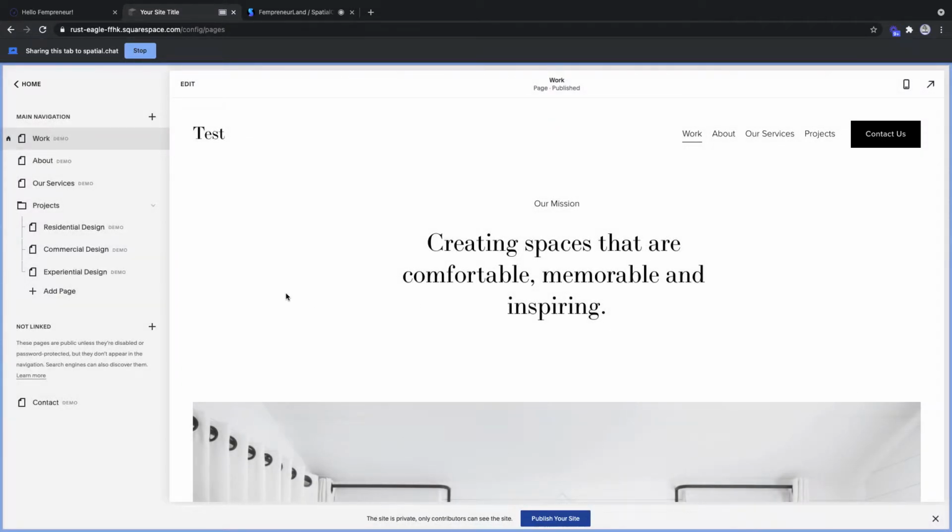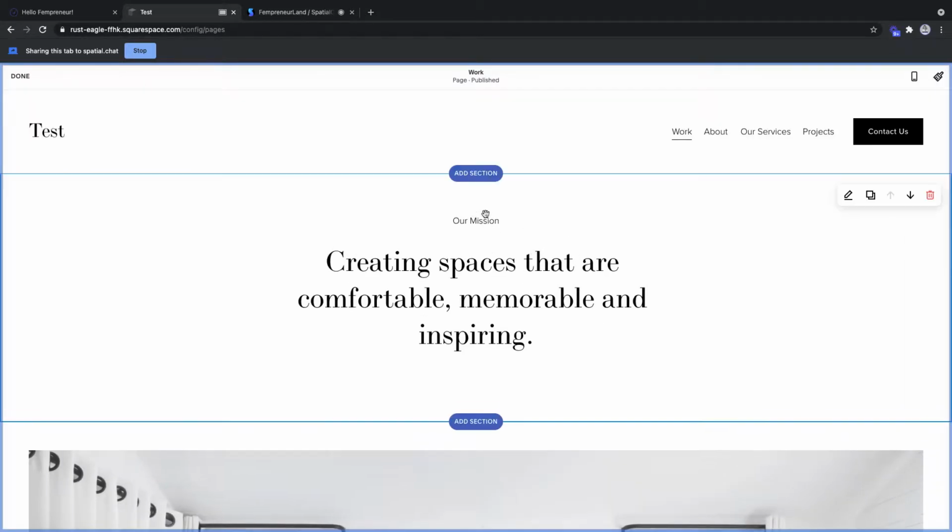Okay, so the first thing I want to show you is your basic layout for the home page. You really want to have 2 to 4 calls to action on your home page, and you want to have your social links. So on your home page, you're going to be able to add features to this home page by clicking this edit button in the top left. And once you do that,